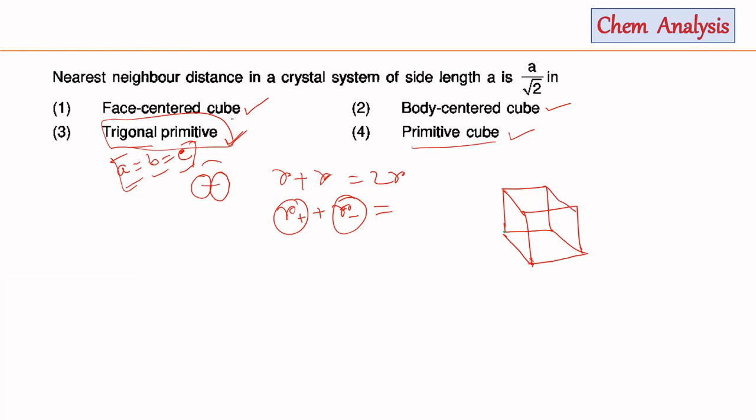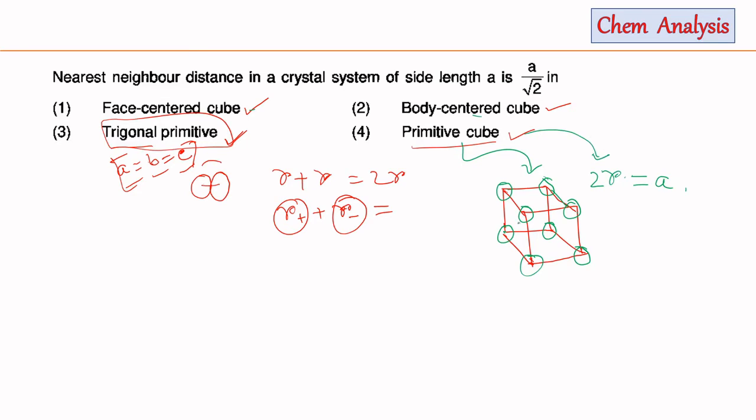And in all the cases, that is face centered, body centered or primitive cubic, there will be 8 atoms at the 8 corners of the cube. In case of primitive cubic cell, this will be the structure, and in such a case all the atoms at the corners will touch each other. In this case, the distance between two neighboring atoms, 2r, will be the side length of the cube, that is a, and this is for primitive cubic.